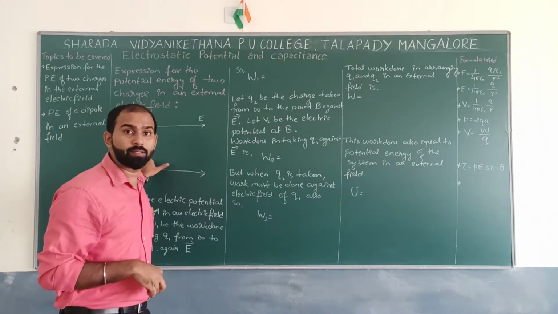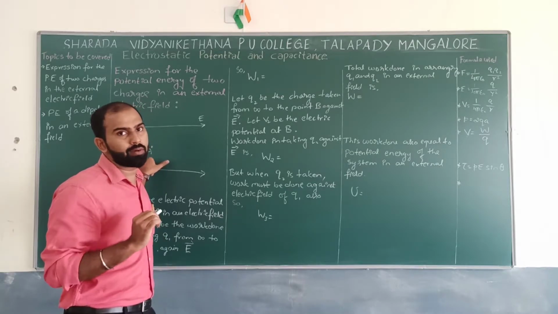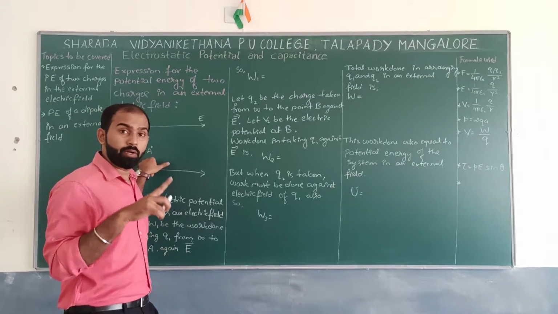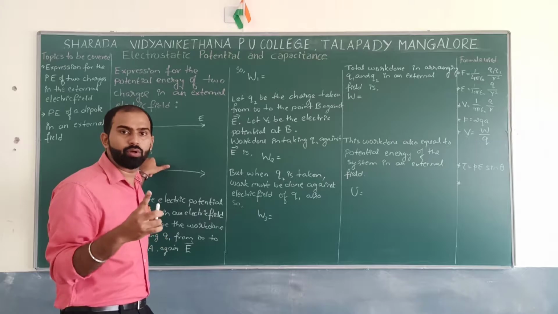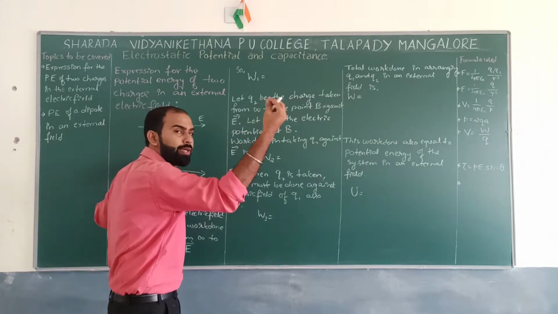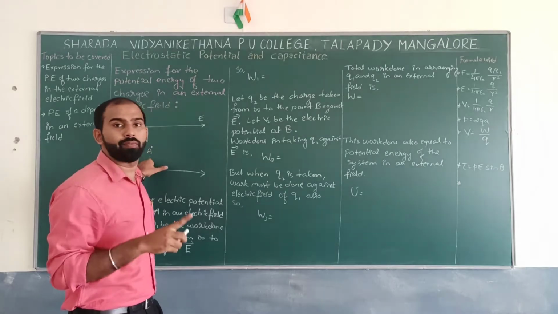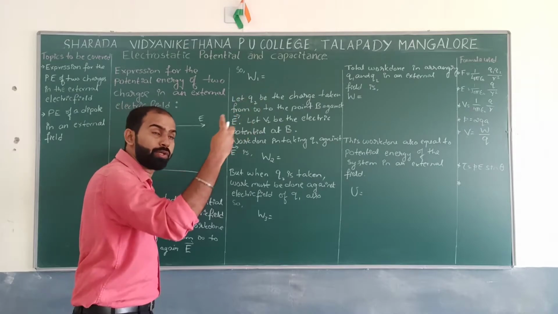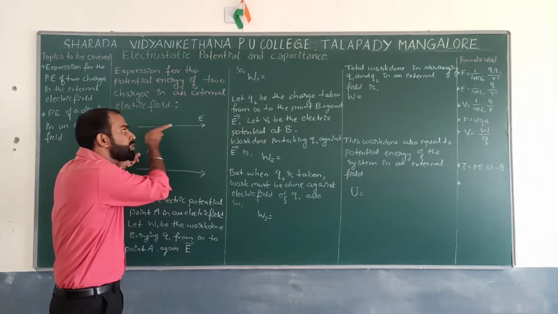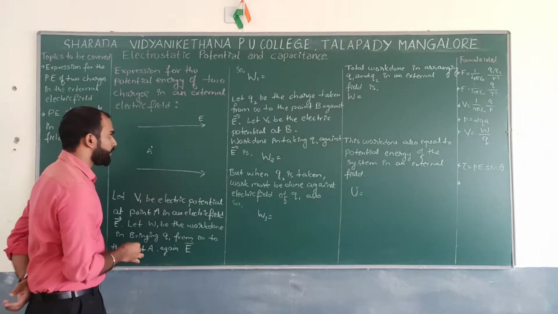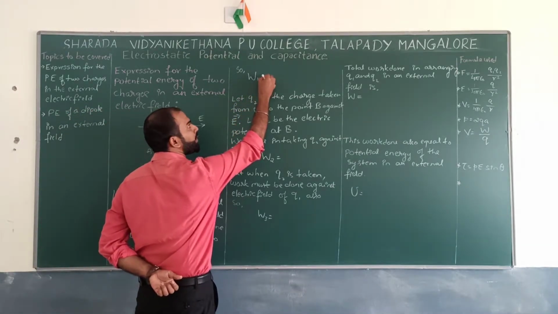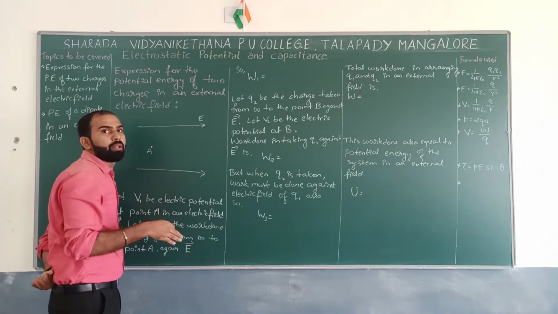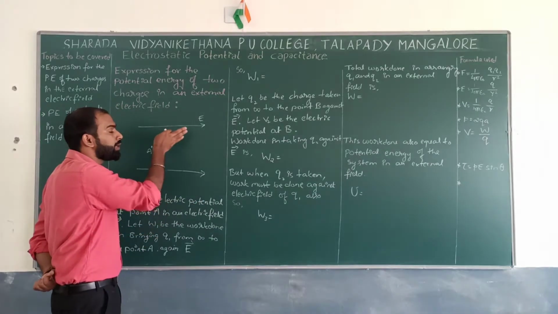In the previous discussion, the potential energy of two charges in the absence of an electric field, we got W1 as 0. Why? Because you brought Q1 from infinity to this particular point in the absence of an electric field. But whenever you are bringing charge Q1 from infinity to this point in the presence of an electric field, then you need to do some work against the electric field which is already there. So I can write it as work done due to the external electric field.